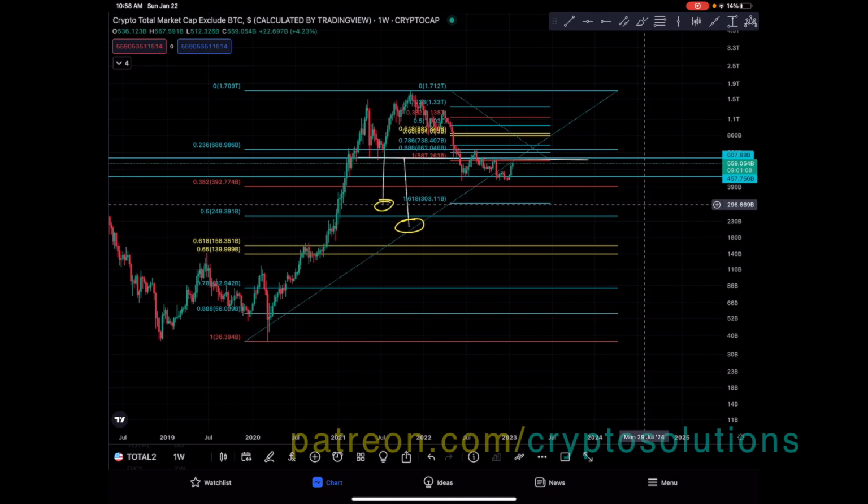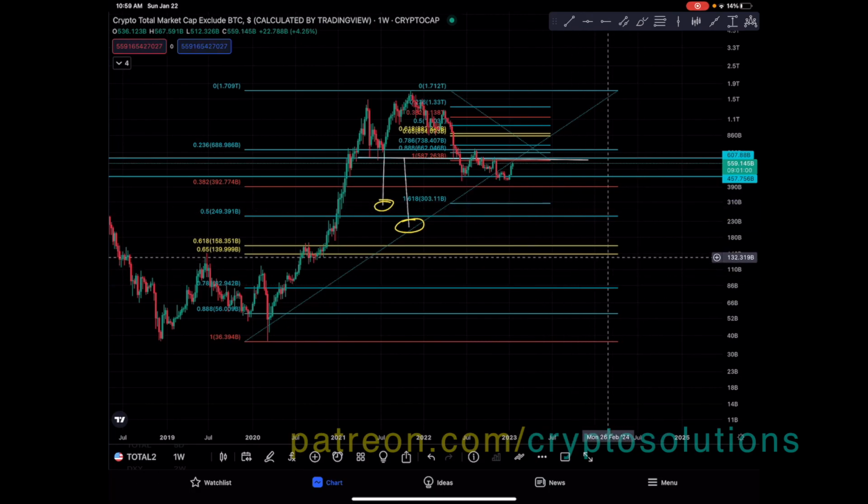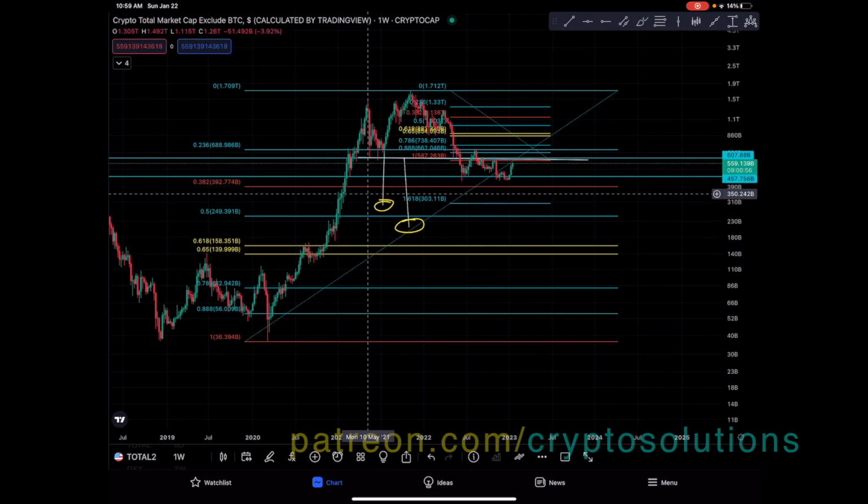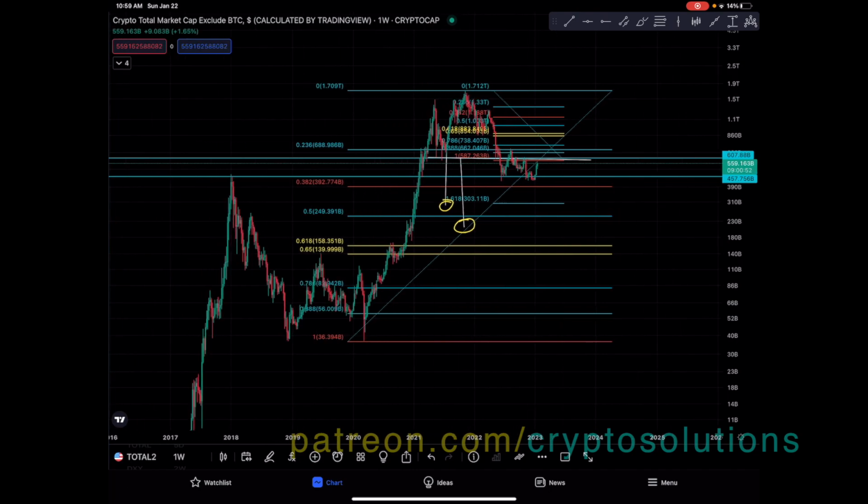Expect more for the altcoin total market cap to be around $296.66 billion right there for the bottom center. So that's for this altcoin total market cap. So yeah, guys, that's what I'm seeing here.